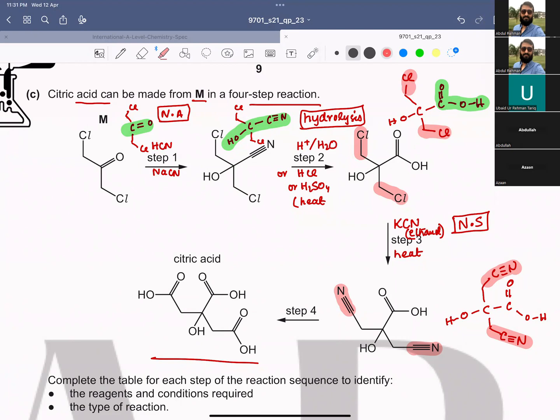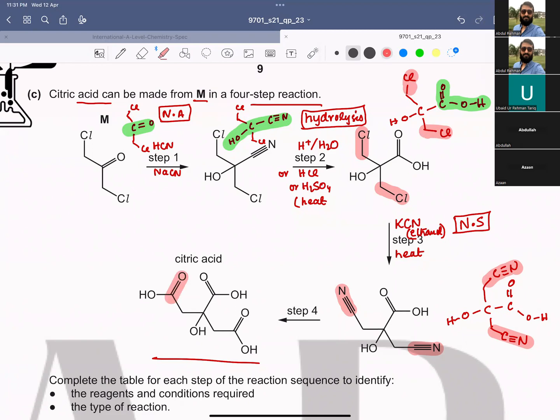Now in step 4, if you see, these C triple bond N are converted into carboxylic acid. So again, there is a hydrolysis, the same reaction that occurs in step 2, right? It's a hydrolysis